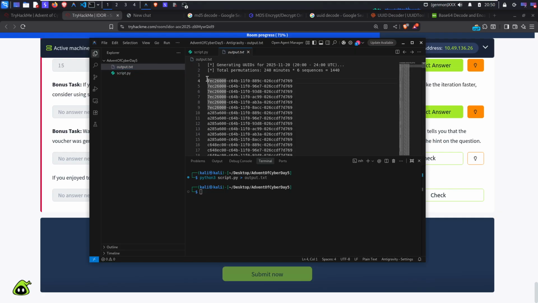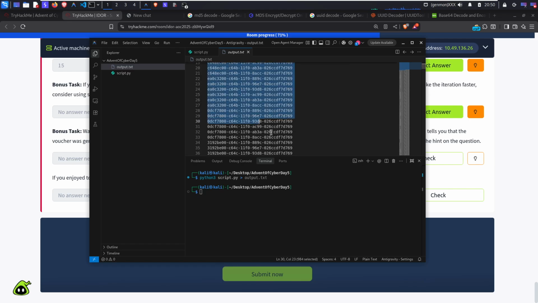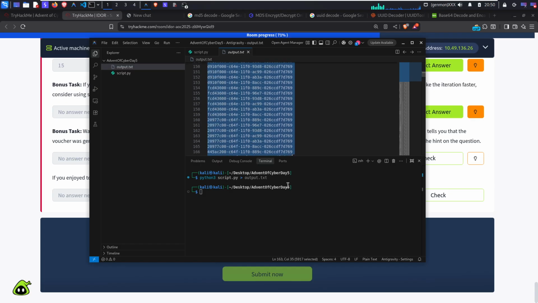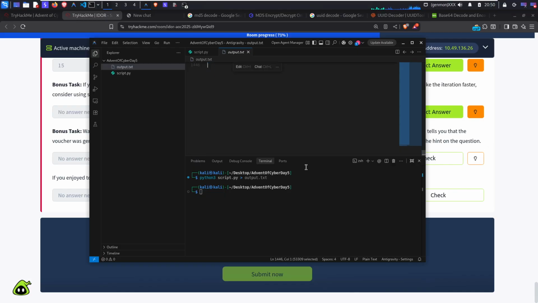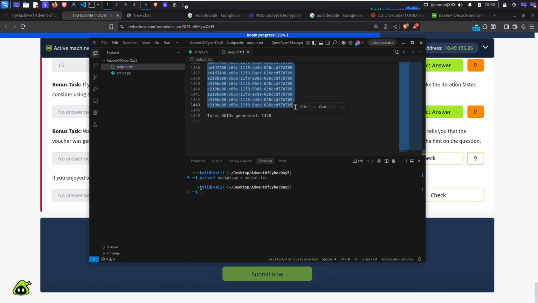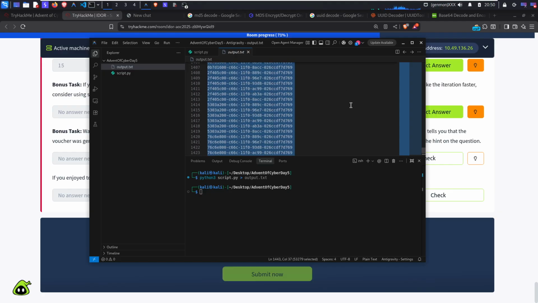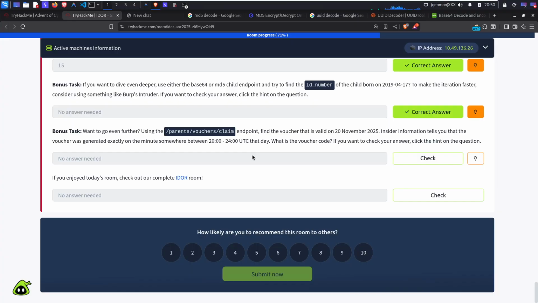Oh sorry, it's the six sequences. Sorry for that, I actually forgot what I wrote. It's the six sequences, including the 1440, sorry, including the 240 minutes. For each minute there are six sequences. So I'm copying all the sequences. What I'll do next is